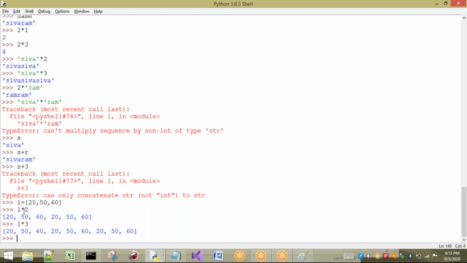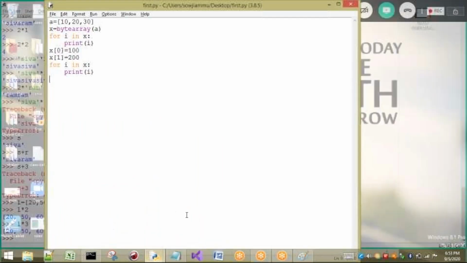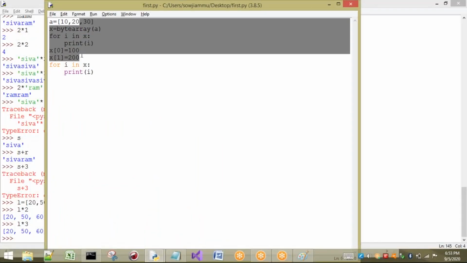Now let us see how to retrieve the objects from the list. A group of elements is there, and I want to print them one by one. Let us go for the same program here. We can take a for loop to print that.